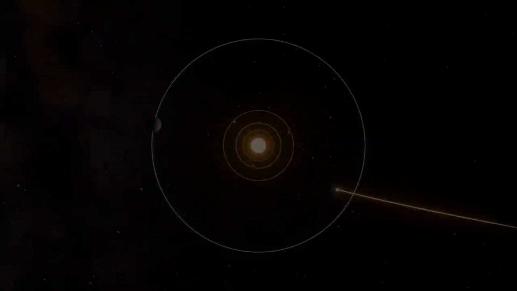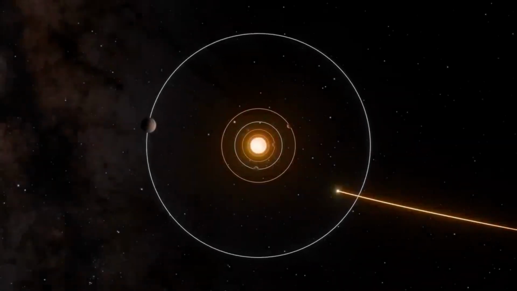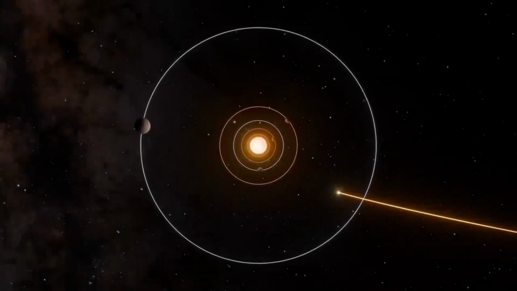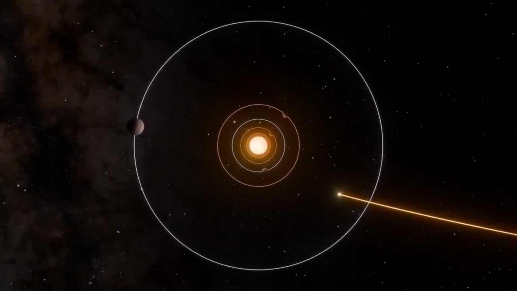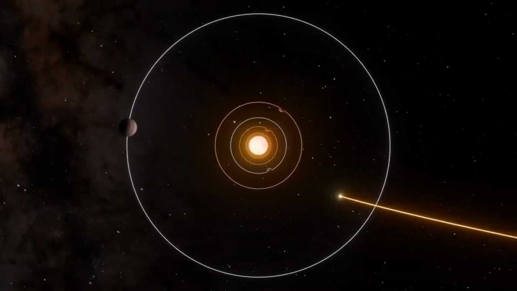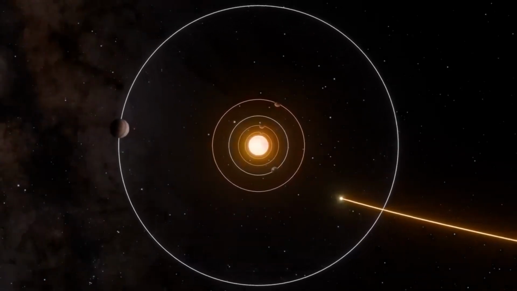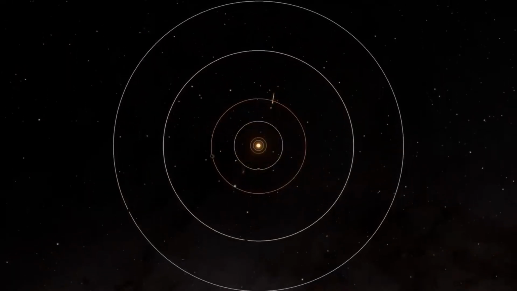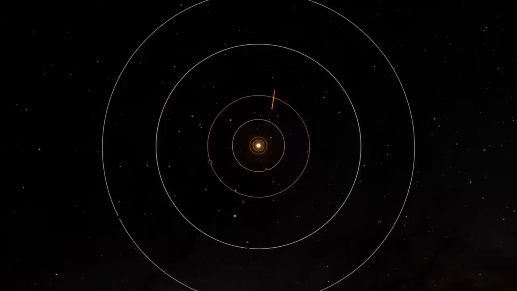If the nucleus is irregularly shaped, its rotation will cause periodic dips and peaks in the light curve. If we can map those, we can infer the shape and, crucially, the orientation of the nucleus relative to the Sun. This will allow us to test the cryovolcanism model with much greater rigor. If the model holds, the non-gravitational force vector should align perfectly with the predicted asymmetry of the outgassing. The data we receive is a constant stream, a torrent of numbers and images from telescopes all over the world.